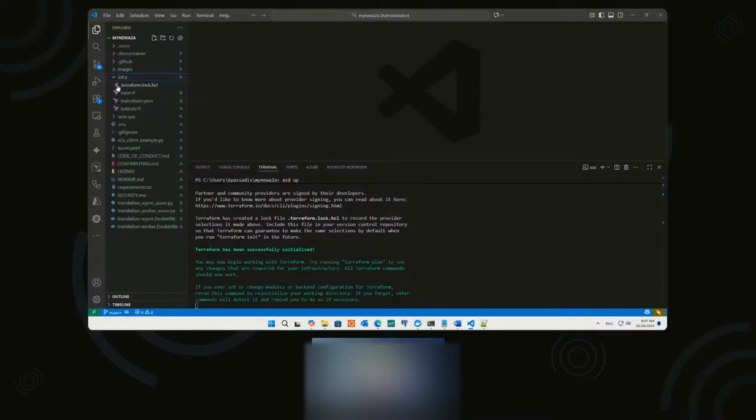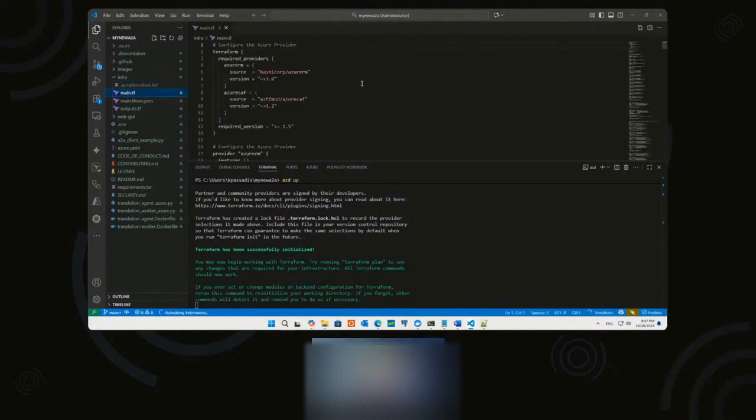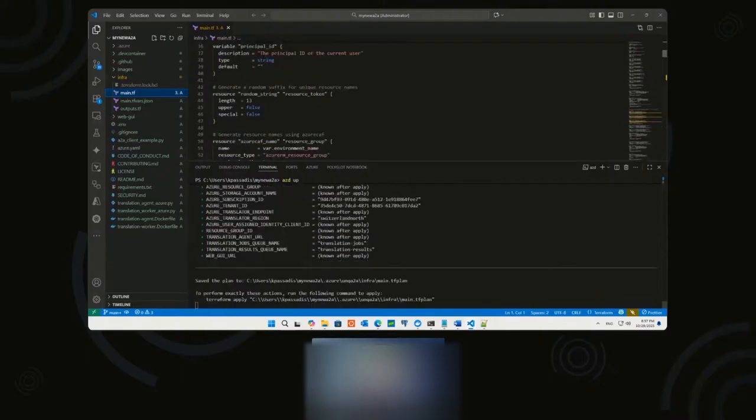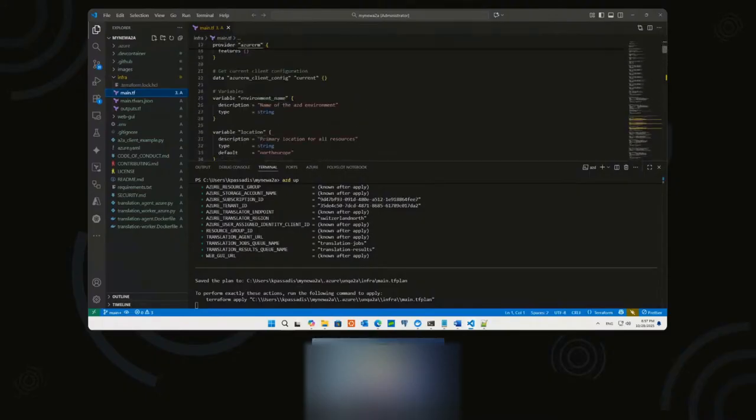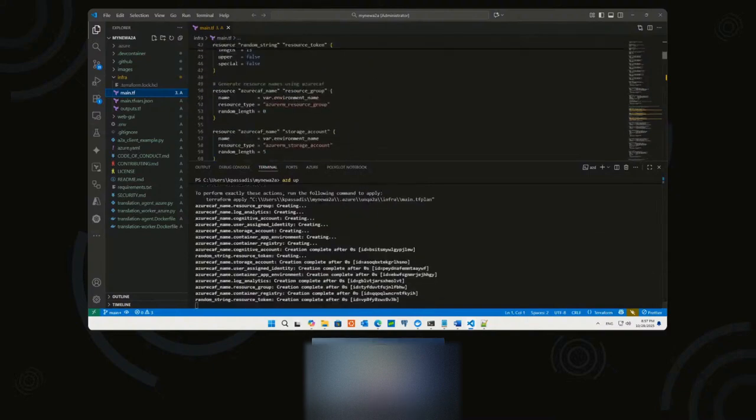So let's have a look in our infra. You saw that it brought the main code. So we have here a Terraform infrastructure as code deployment. Okay. In order to be compatible with the AZD developer experience, you need to have a specific structure in your infrastructure as code. Okay, so we are following the cloud adoption framework approach with a set of variables and services and resources that